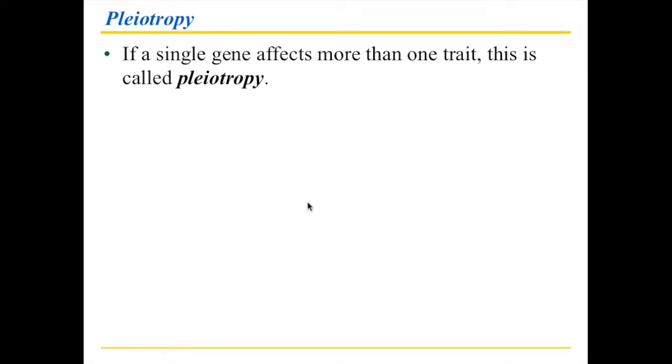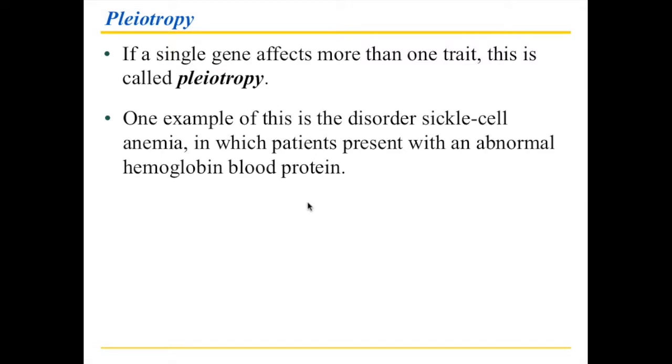The next one of these is pleiotropy. Pleiotropy is also something that's not apparent from Mendelian genetics, but again, it doesn't have anything to do with Mendelian genetics being wrong. It has something to do with how your body responds to certain characteristics. And so pleiotropy can occur, for example, when you have one little glitch.